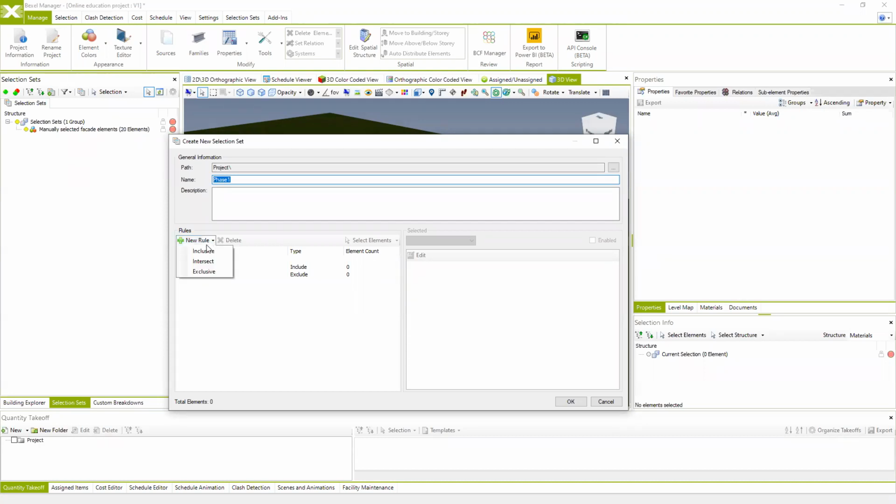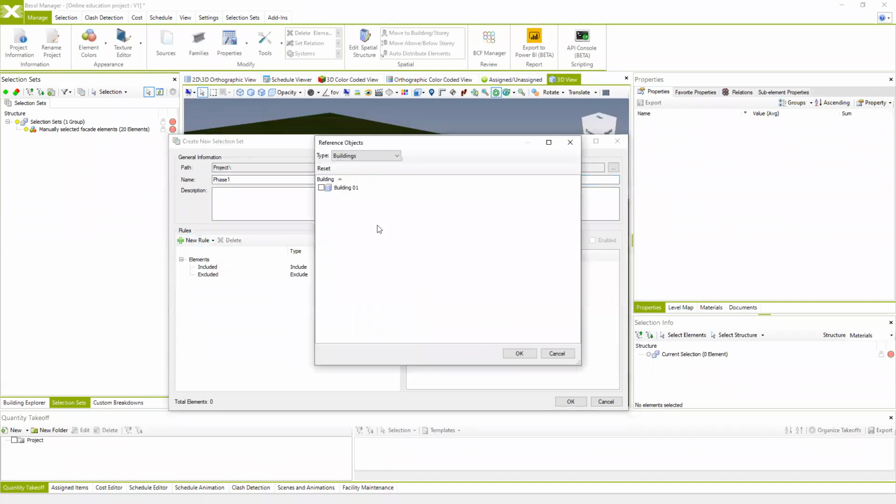So in this case, because I know that I'm going to include the elements containing the property construction phase, which is phase 1, I'm going to use the option inclusive,